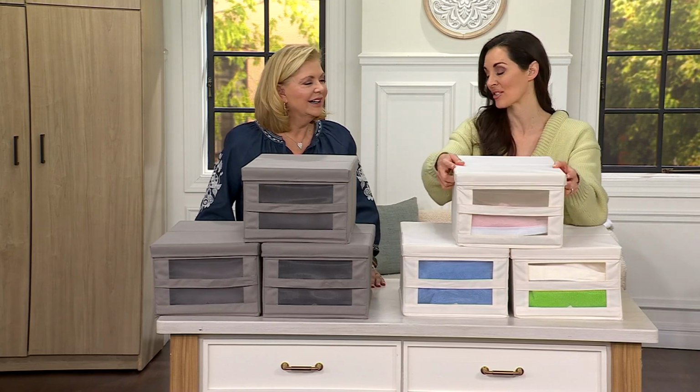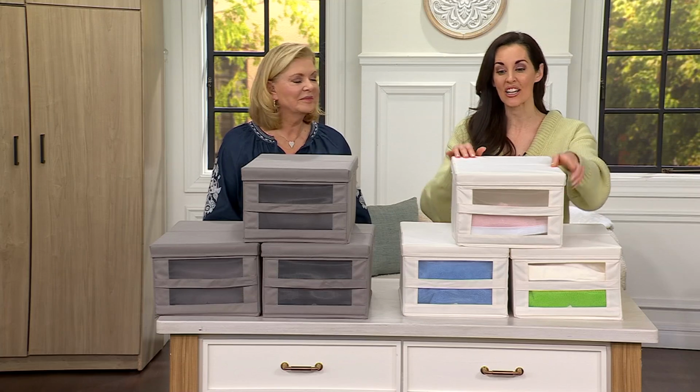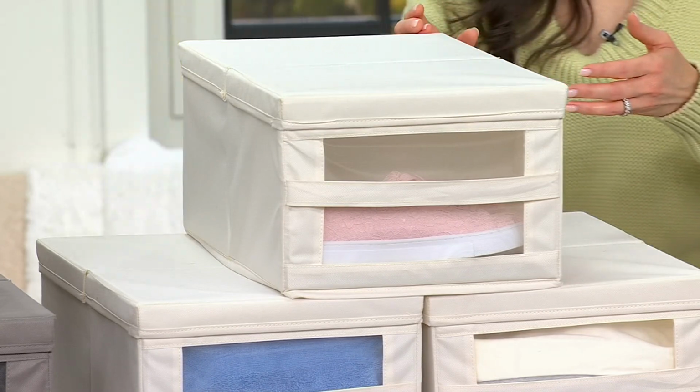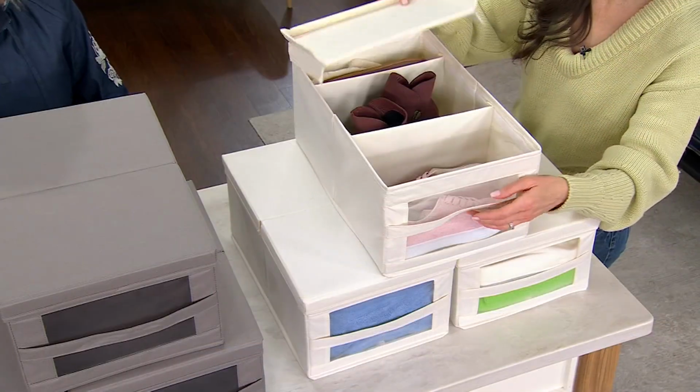But you know what else I love is organizing. Yes, I know you do. I'm a sucker for organization. So what we love about Cella is we're really trying to incorporate whole home organization, giving you opportunities to think outside the box, if you will. See what I did there? But what I love is that we give you